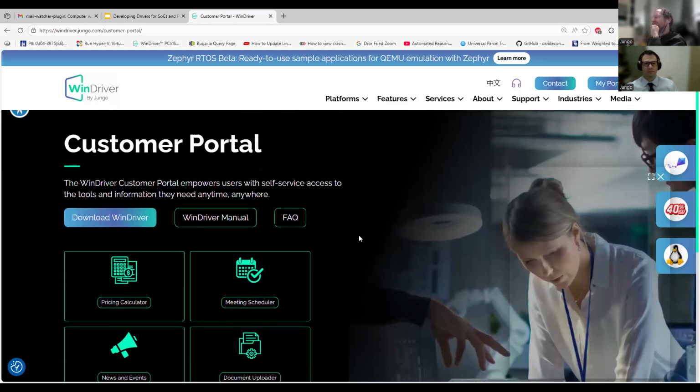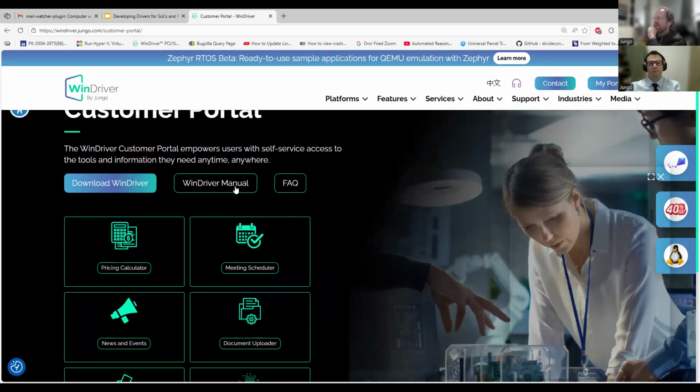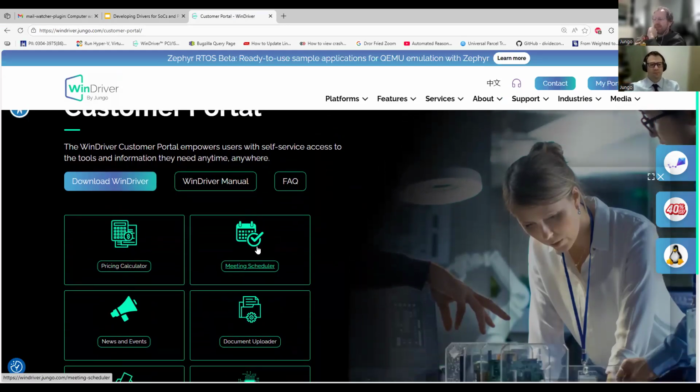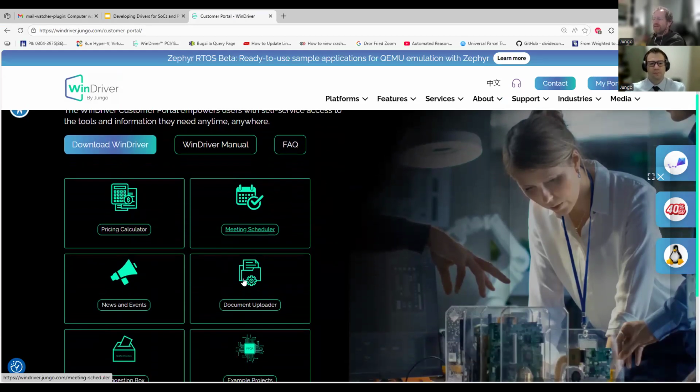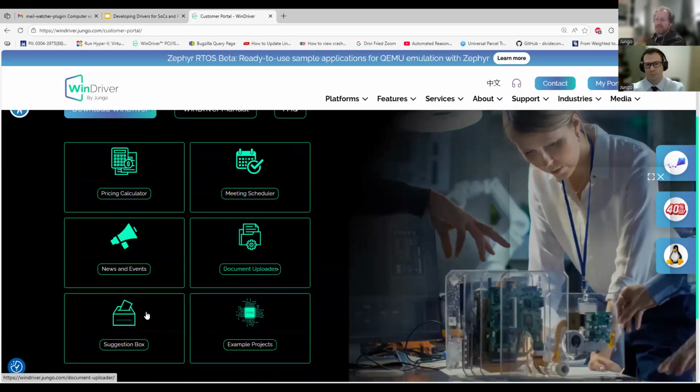So if you go to our website, the WinDriver site, and you click on My Portal here, you get to this page. This is the customer portal, and it allows you to do all kinds of things, like have a pricing calculator, a meeting scheduler that Shlomi just mentioned in the beginning, other news and events, upload documents or suggestions that you want to give us. And this section is called the example project section.